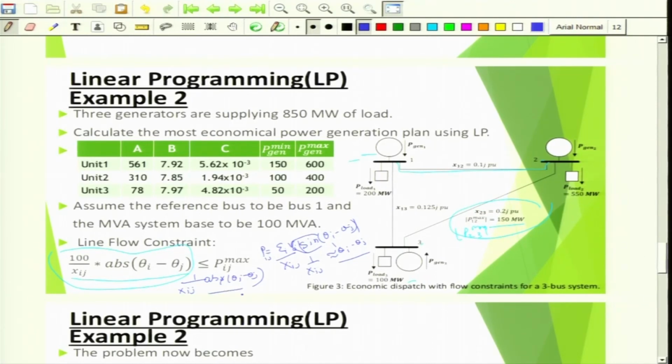Now if you want the actual value, what will you do? How do you calculate per unit? The per unit of any system is actual by base. Now the base we have considered is 100 MVA. Now you need to get the actual value. That means actual is nothing but per unit into base. So you will get 100 divided by Xij into the absolute value of theta i minus theta j. Now this is the line flow constraint, and this should be less than or equal to Pij maximum, that particular